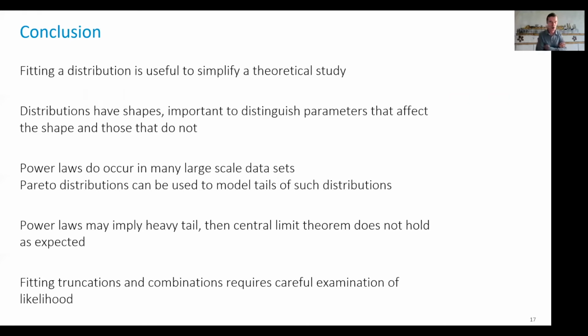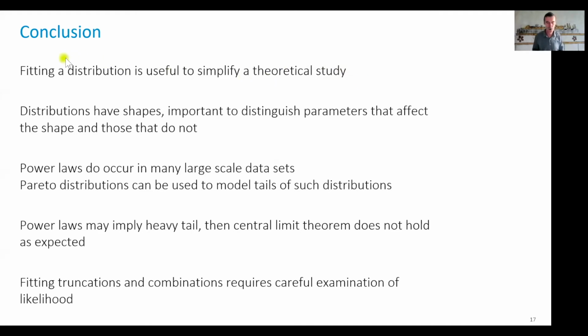We come to a conclusion on this model fitting story. So model fitting is very important. We've seen various aspects of model fitting. In this second part, we focused on fitting a distribution, which is one of the key acts that are done in a large number of theoretical studies where you want to simulate or compare algorithms. Then you exercise the load. Remember, from the methodology, having a good model of the load is essential.